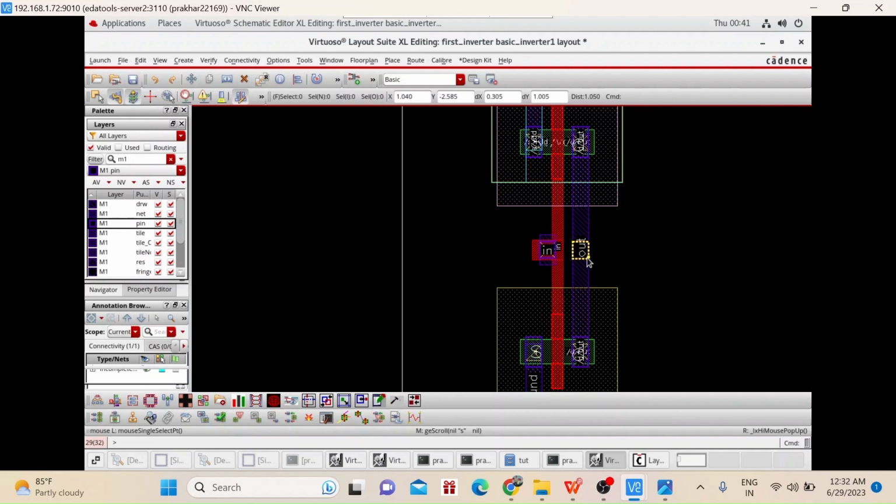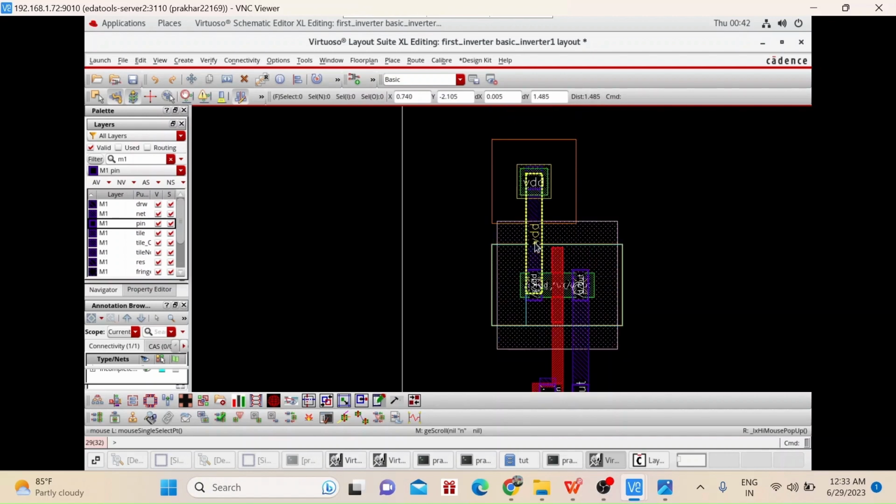For example, if I make one more metal layer very close to it, there may be chances during fabrication that these two wires are going to be short. So the foundry gives us some design rule checks which we need to follow so that it will be easy at fabrication time. So no two wires will become short, or there are DRC errors. So I think DRC is explained very carefully.